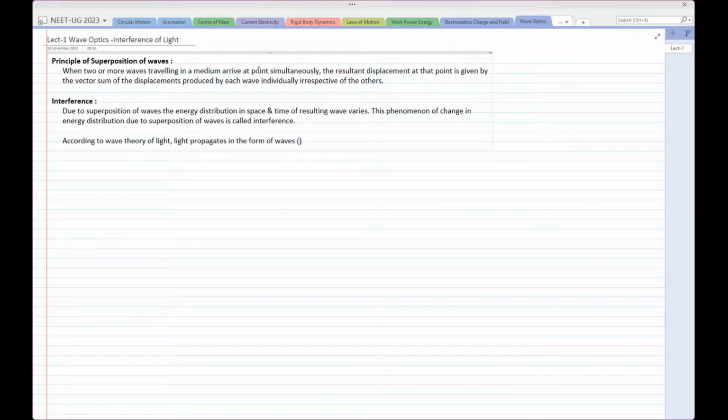Now we consider them to be electromagnetic waves, right? Thus, when two or more light waves superpose on each other,